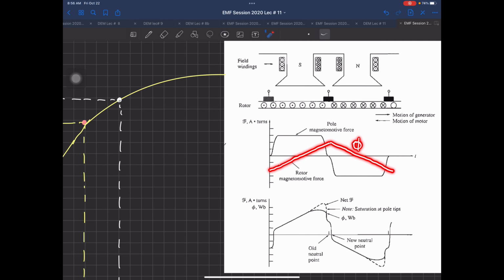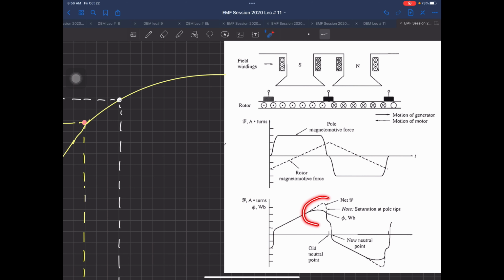Now this is your phi A, this is your phi F. Now this is a waveform. I have shown you practically on a cross-sectional view diagram. This is a waveform with respect to time, when the whole revolution is completed one time. This is your phi F and phi A. These both are going to interact and the resultant has to be like this.